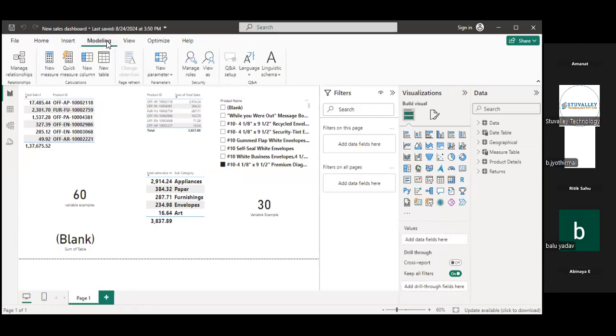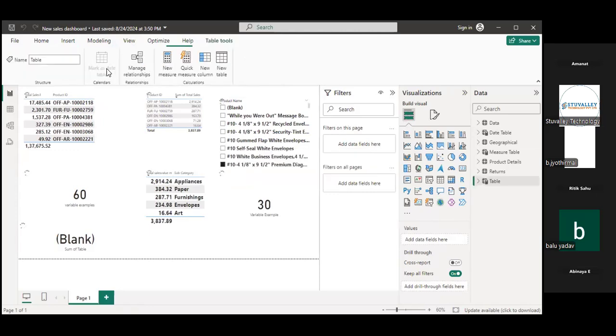So from where are we able to create a table? Under the Modeling tab, we have the option for table. So click on this New Table icon. According to our requirement, what I want is one common table. Why a common table? Because we have multiple date columns in multiple files. So what we need is a lookup date table for that, but not like this CALENDARAUTO date table.